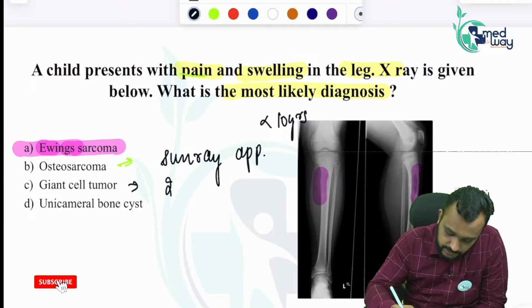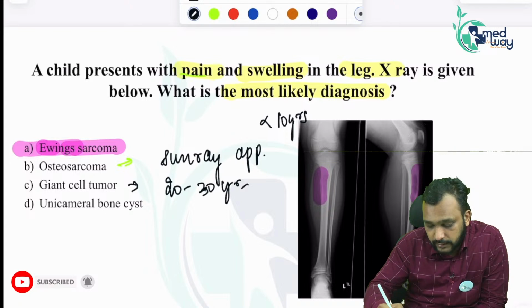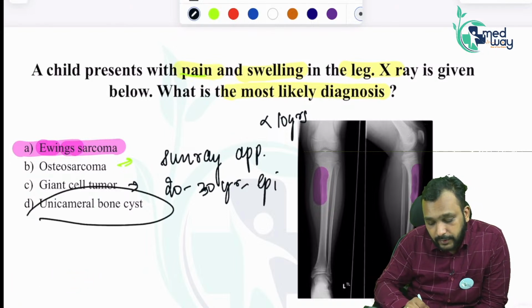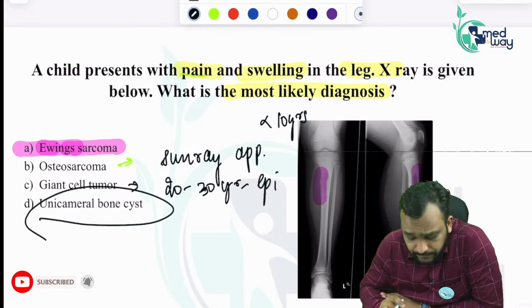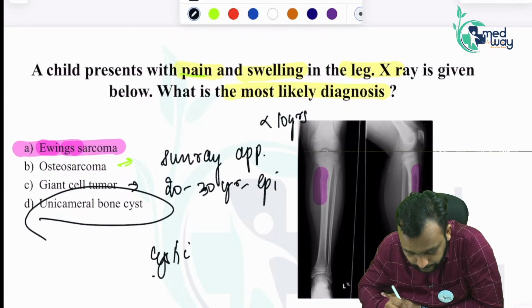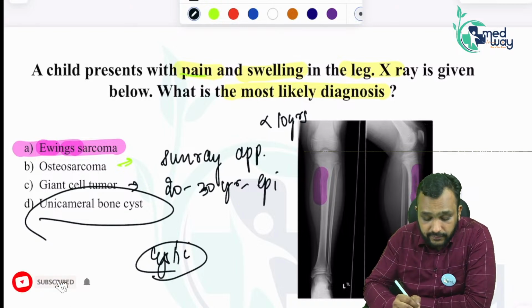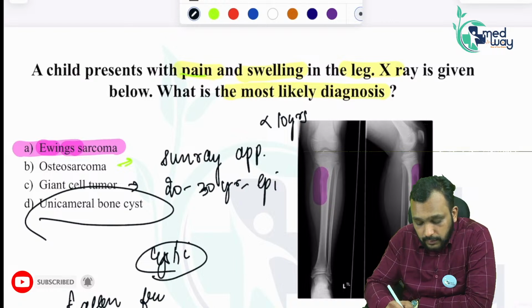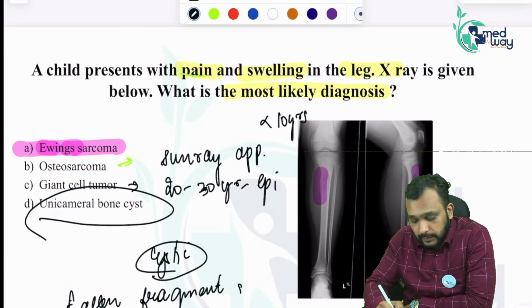Giant cell tumor is common between 20 to 30 years of age. It is an epiphyseal tumor, okay. And in unicameral bone cyst, you will see a cystic lesion, right. And it gives an important sign which is known as fallen fragment sign,